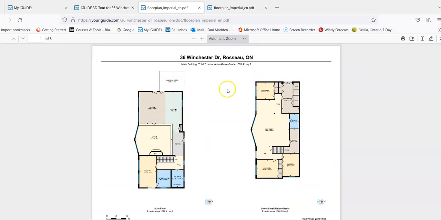So in this case here, the first page shows all the floors that belong to this particular listing, and it will say main building total exterior floor area above grade, and it gives you the number of square feet right here. So the total area above grade is a number that is a total of all exterior areas that are included, all floors that are above grade, and those totals are added together for each floor. Above grade, the standard